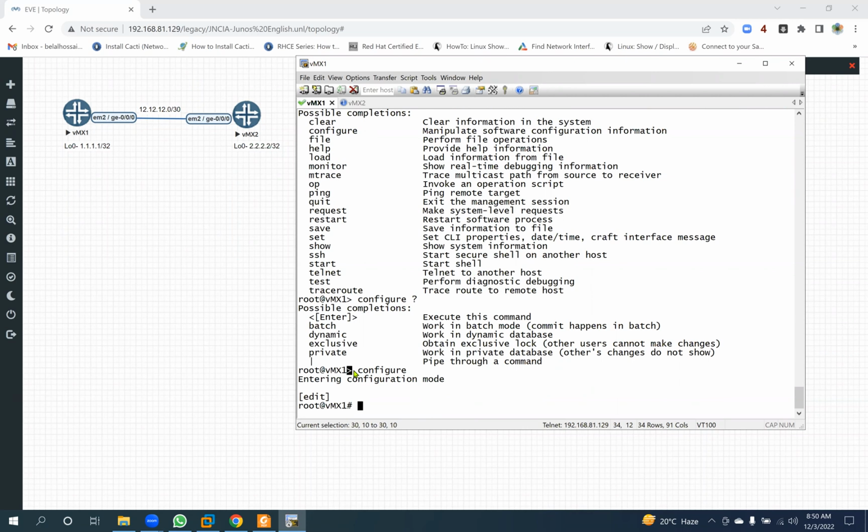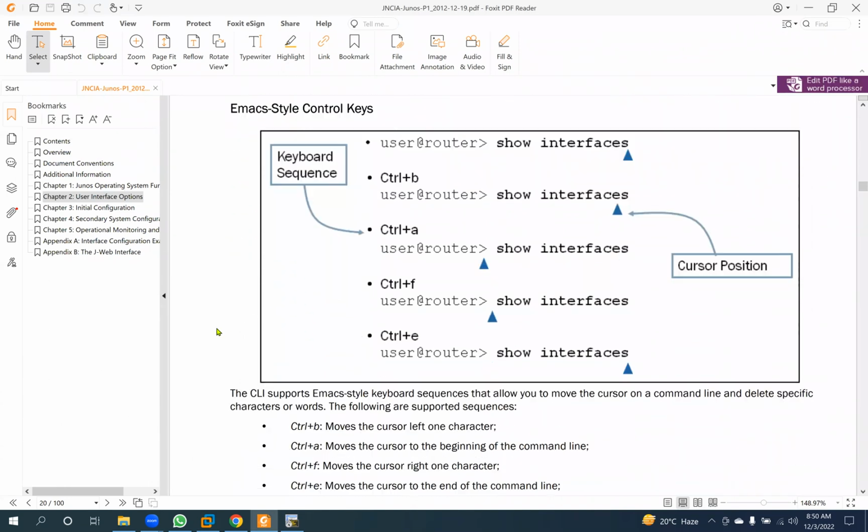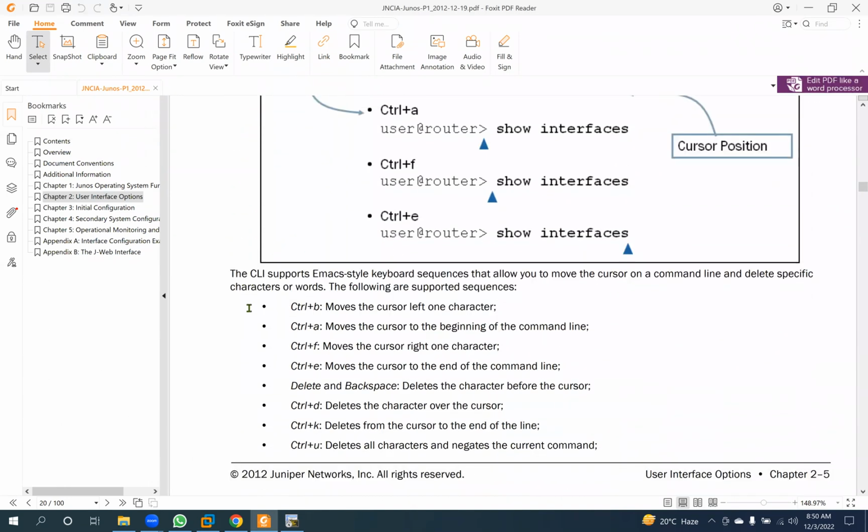So here the greater-than sign means operational mode, and hash is the configuration mode. Now I am in configuration mode, as user root, on the device PMX1. So this is the